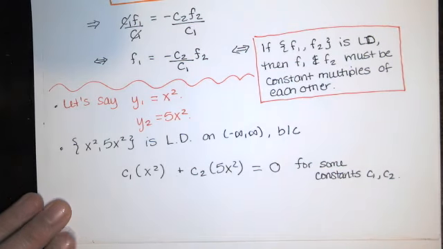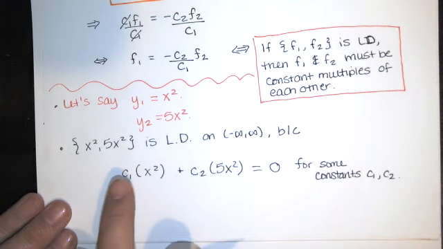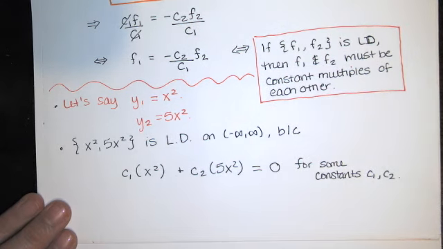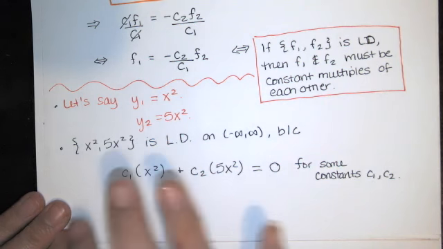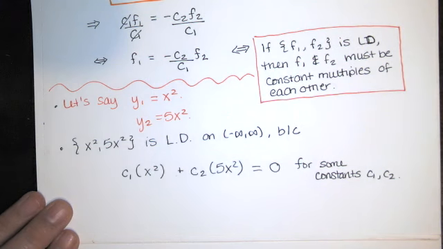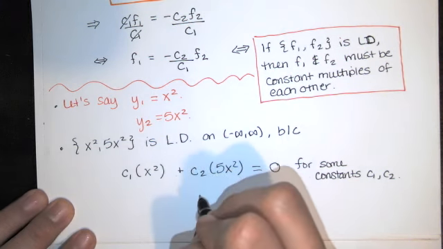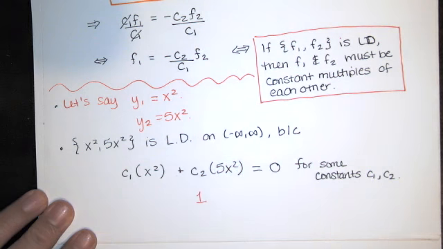Is it possible? Can you choose C1 and C2? Well, I know if C1 and C2 are both 0, we clearly get 0, but that's not what we're saying here. We're saying that the constants have to be non-zero. There are lots of possible combinations that you could use, but if I chose C sub 2 to be 1,